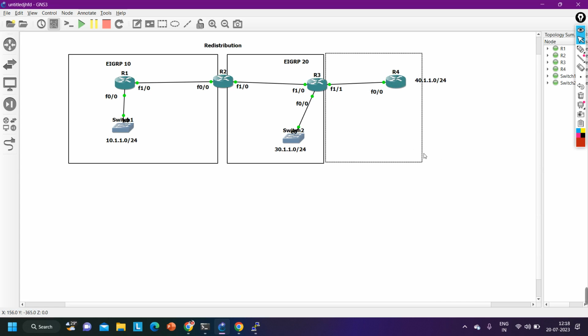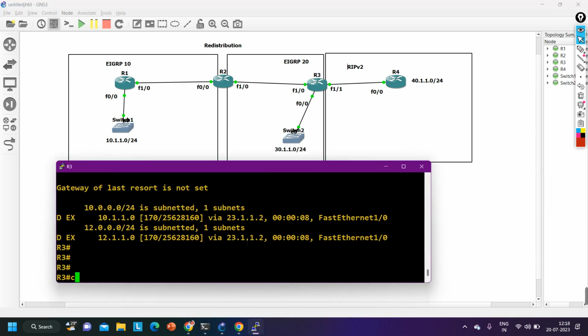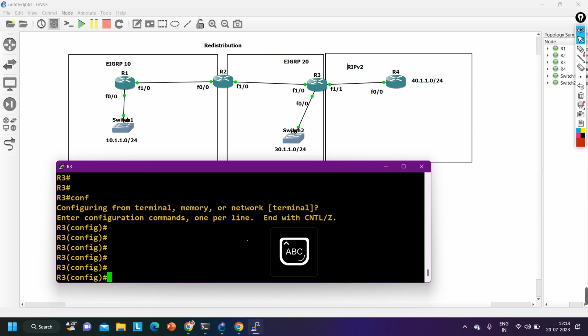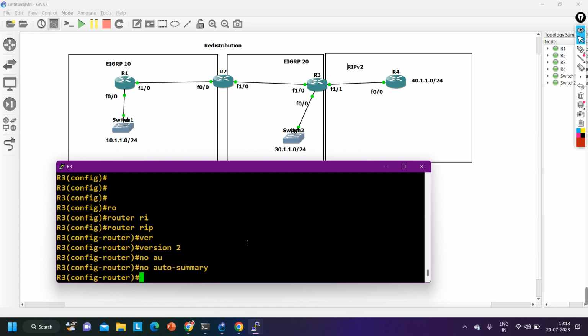Here between router 2 and router 4, I am running what? RIP routing protocol. This is not an EIGRP domain. Let's say RIP version 2. So let me configure RIP version 2 first. On router number 3 also I need to configure router RIP, version 2, no auto-summary, and network